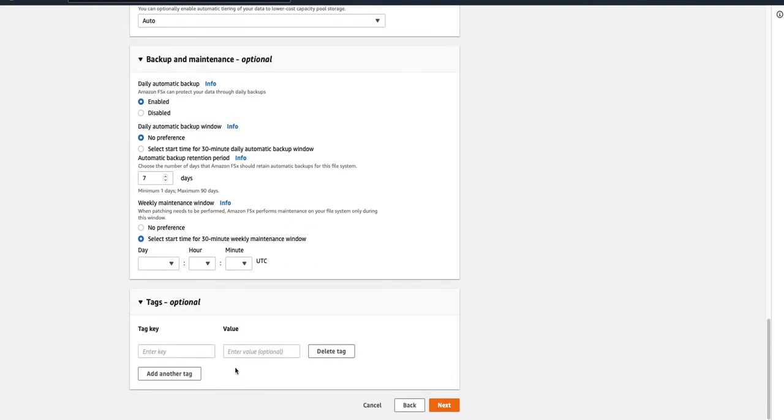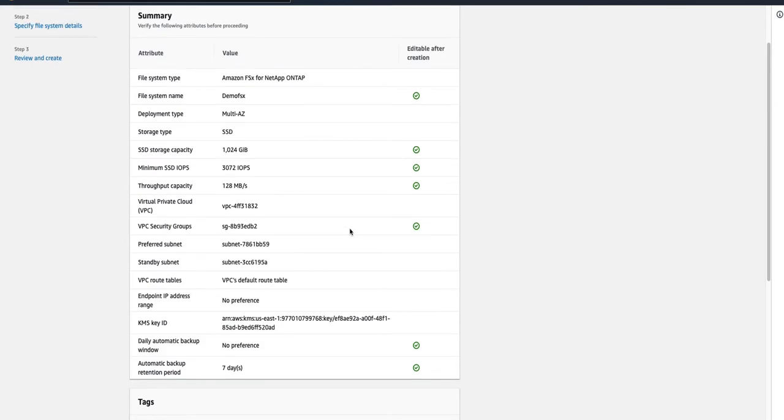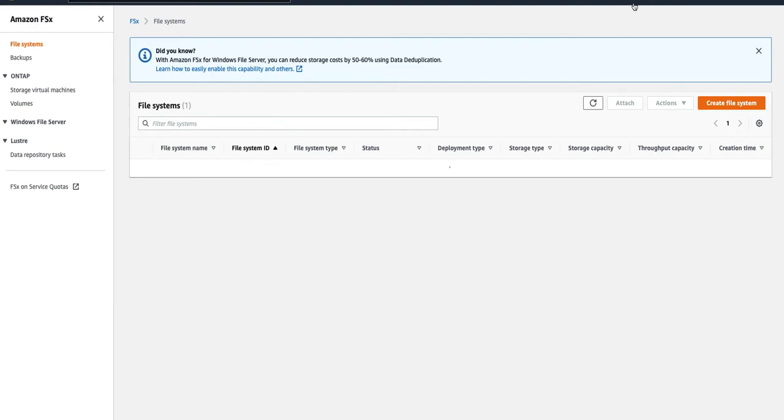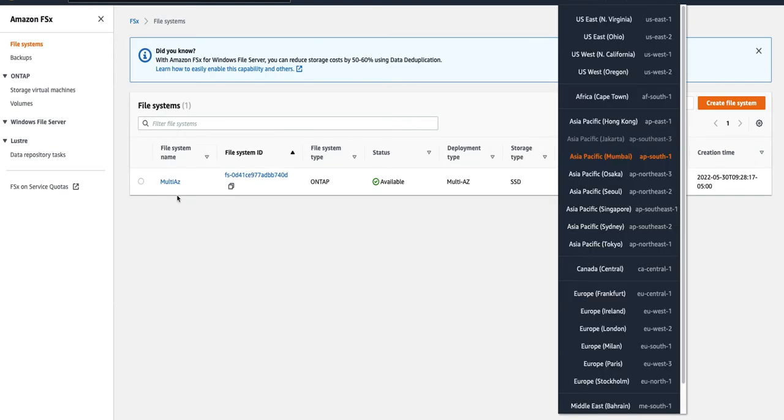And in the end, you can specify the tags. You can click on next. It will verify that all the details are provided, and you can verify, and then you can click on create file system. So I have already created two file systems, one in Mumbai region with multi AZ, and